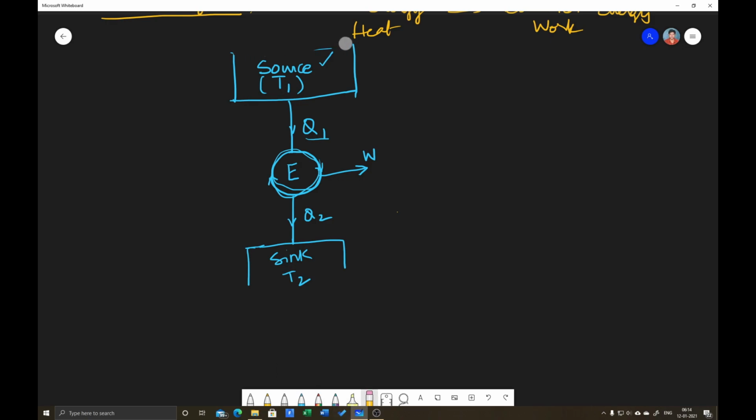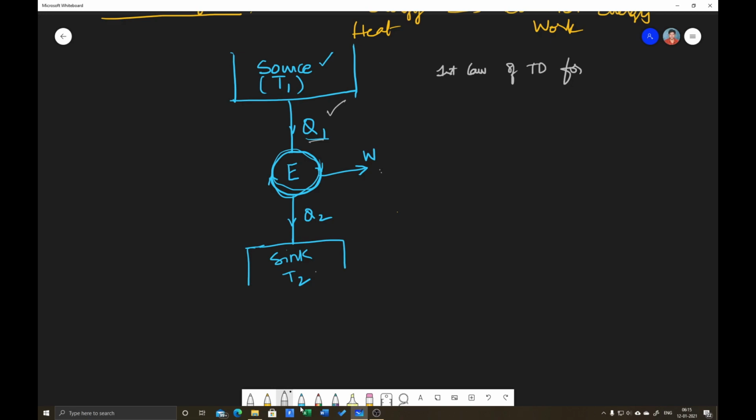This is not required generally because it is open to atmosphere. So it will take the heat from the source, and converts some part of the energy into work and rejects the remaining part to the sink. If you remember the first law of thermodynamics,